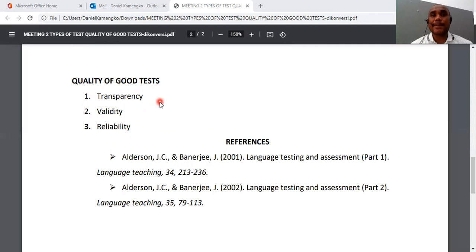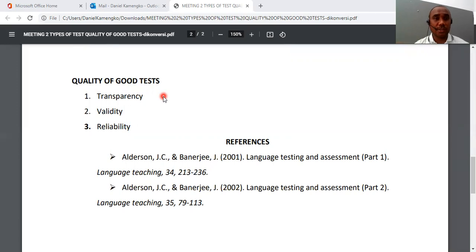Transparency is like this. This is related to how teachers create a perfect task, quality of good tasks. As I mentioned before in the first task, follow the procedures in the curriculum. You have scoring rubrics, and you have to make it transparent.